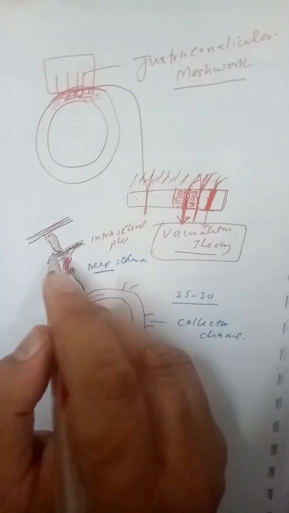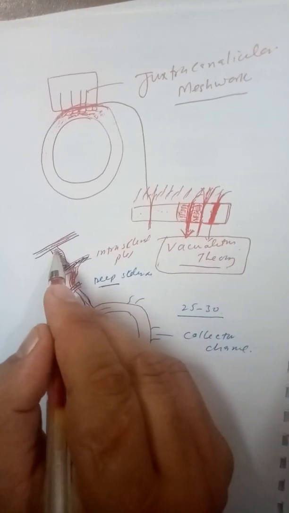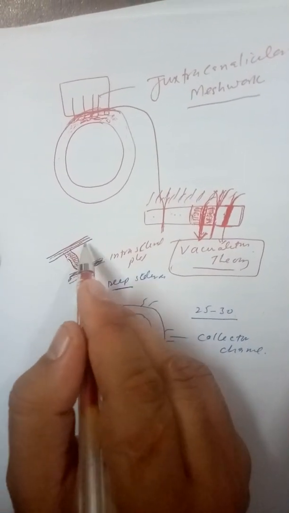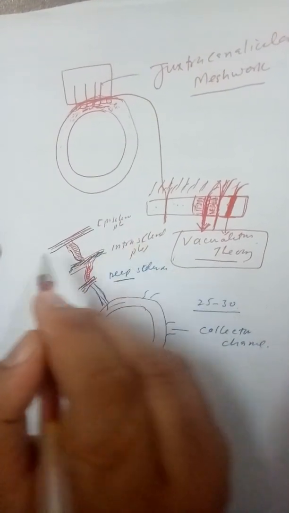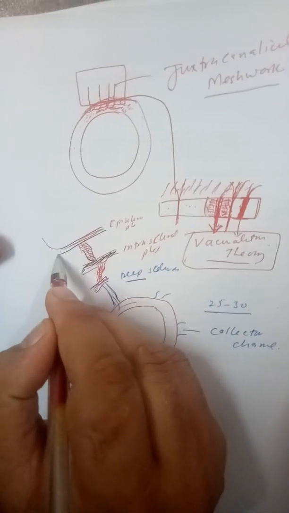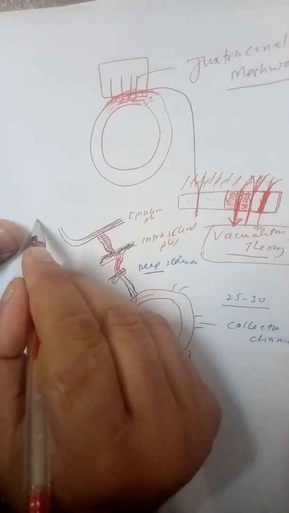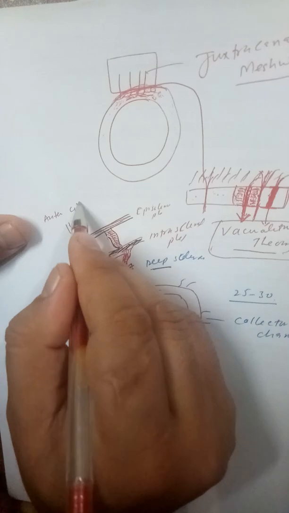So this is the intrascleral plexus, and from the intrascleral plexus, a small channel collects the aqueous and reaches the episcleral plexus, and from the episcleral plexus, it reaches the anterior ciliary vein,